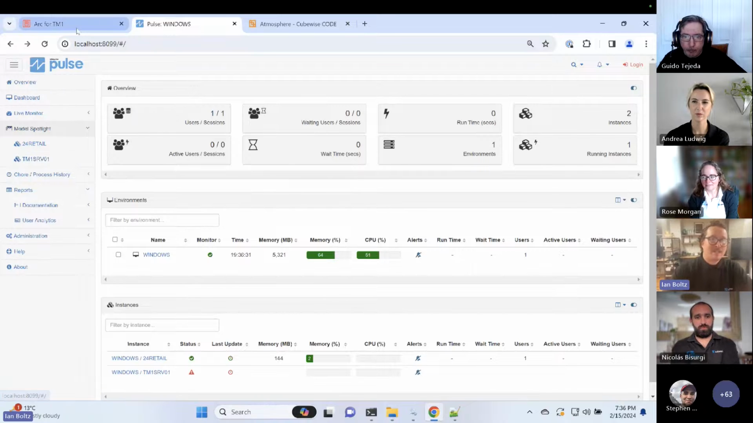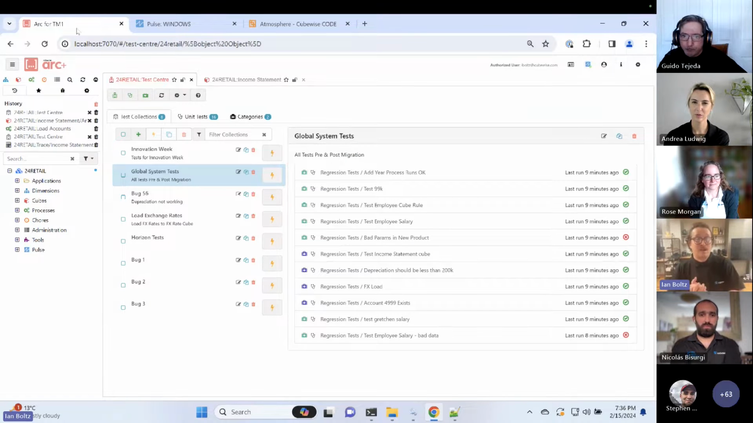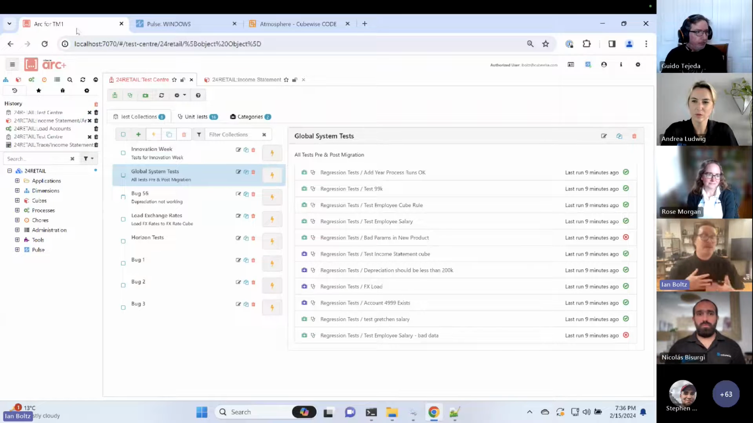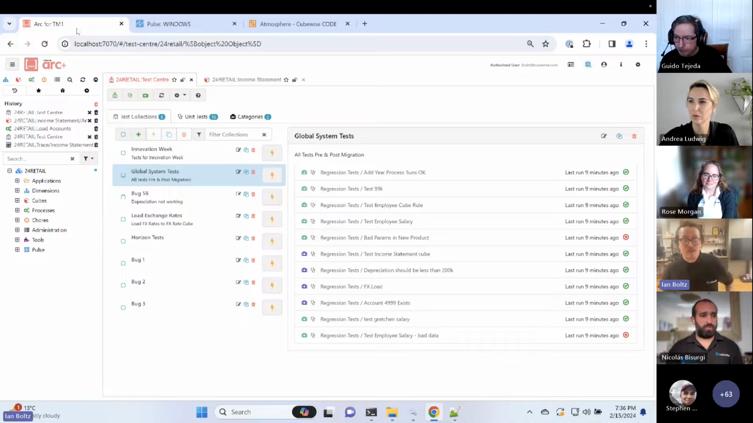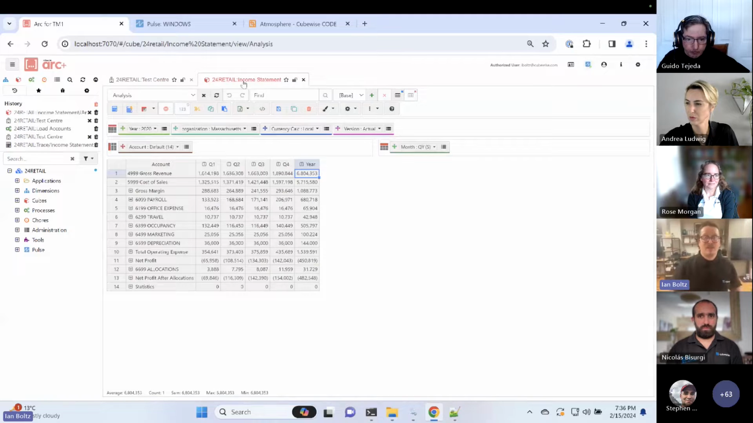What I really want to talk about is the testing in Arc Plus. So for those who haven't seen it, this is Arc. This is a development area where we can create cubes, processes, dimensions, normal things that you would do in TM1. And as a TM1 developer, I often get into this situation where I've loaded data in and I'm looking at